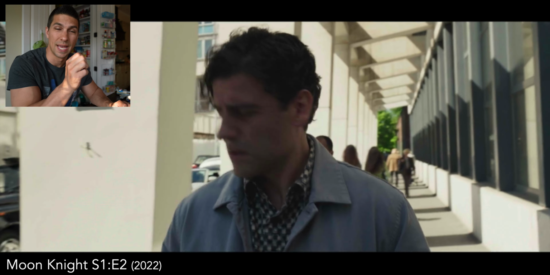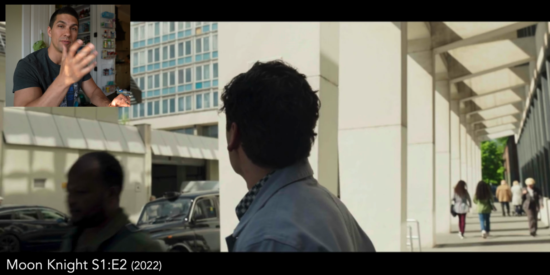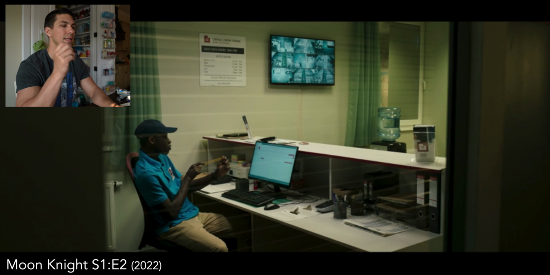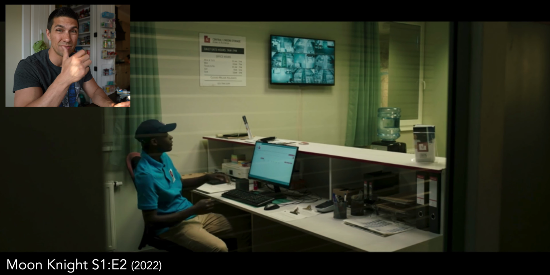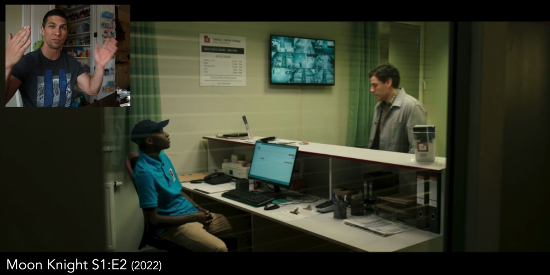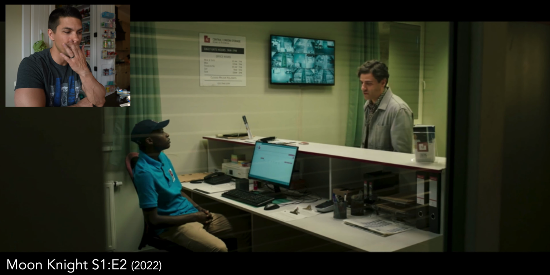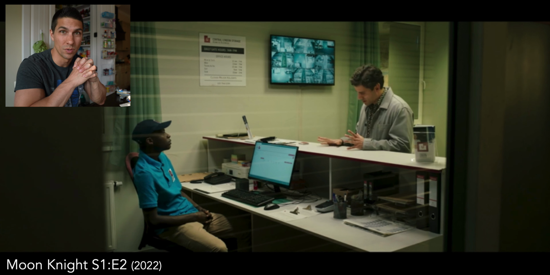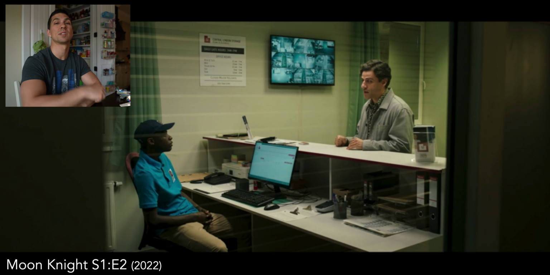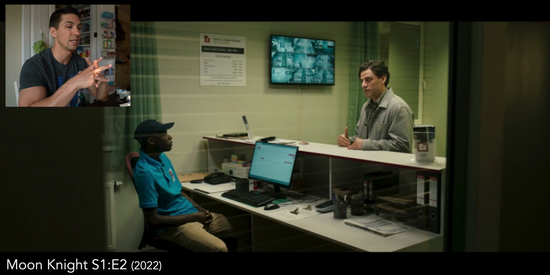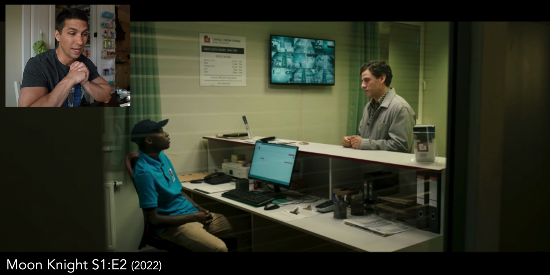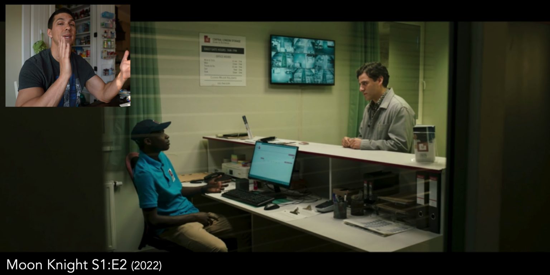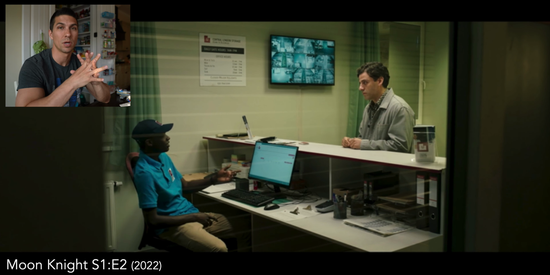Some more interesting things that happen now. He got the key that he found in his house and realizes it belongs to a storage unit. So he goes in there, and as he comes in and talks to the guy, instead of just having your typical over-the-shoulder shots talking to someone, we have a 50-50 type of shot, but looking through a door window once again. So we have that frame in a frame concept to make things a little more interesting, that adds some depth to the shot and just gives you a different perspective instead of constantly having the exact same conversational shots.